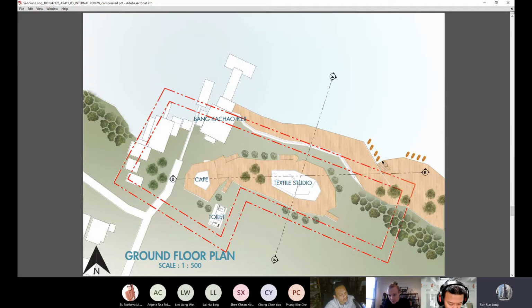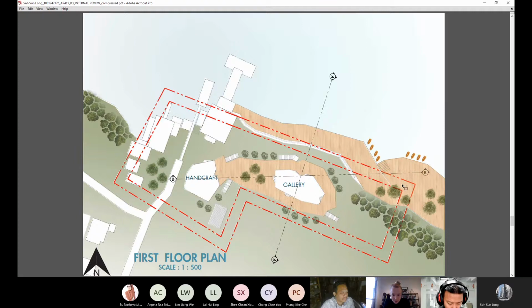Here's a new small pier. And the next slide, the next plan. Here it's going out to the gallery. The downstairs is the textile studio. As they have the design competition, maybe they can have fun at the gallery.